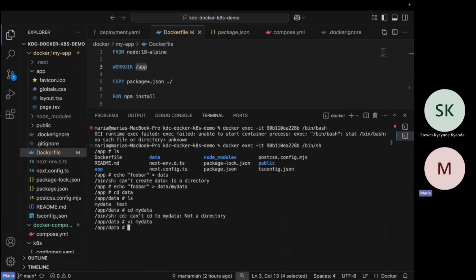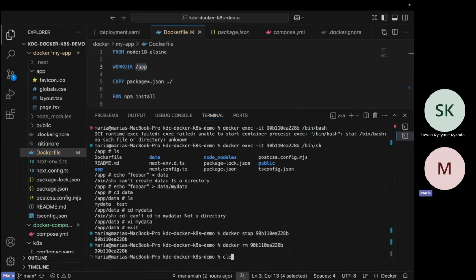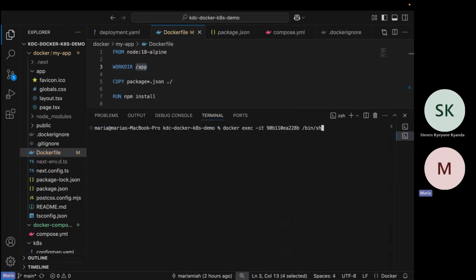Now, we want to destroy this container and create another container that mounts this volume. So I exit, and I want to destroy this container. Docker stop, docker remove, yeah? So let's create a new container with a different name.